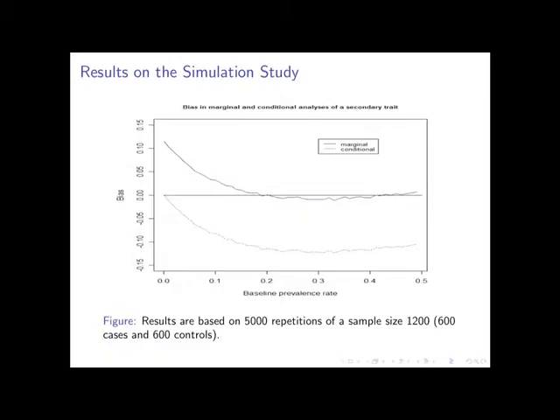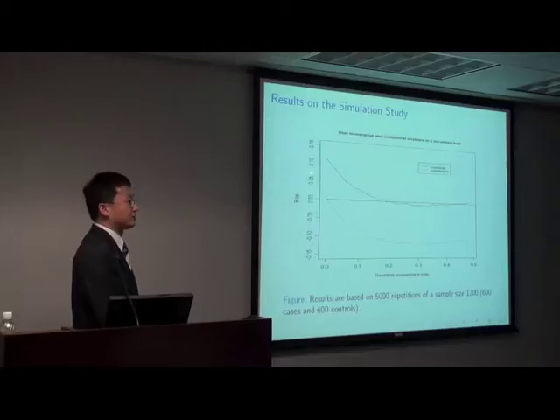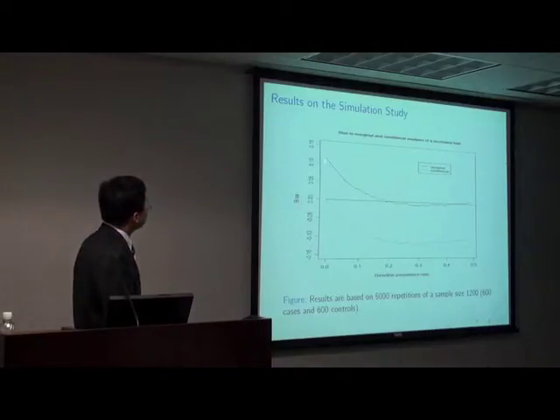Here, let me explain a little bit. This upper graph is the bias in estimating the theta 1. Remember, theta 1 is the association parameter we want to estimate. It's actually the log odds ratio between the genetic marker and the secondary trait. Okay, so if we perform a marginal analysis,